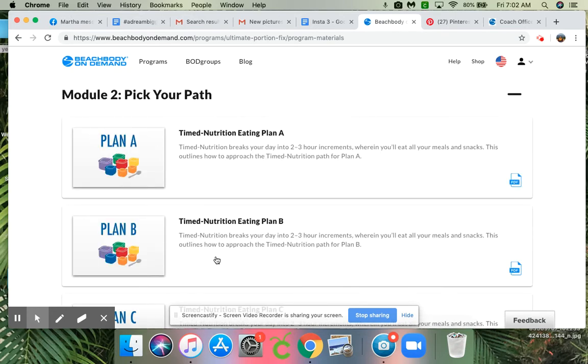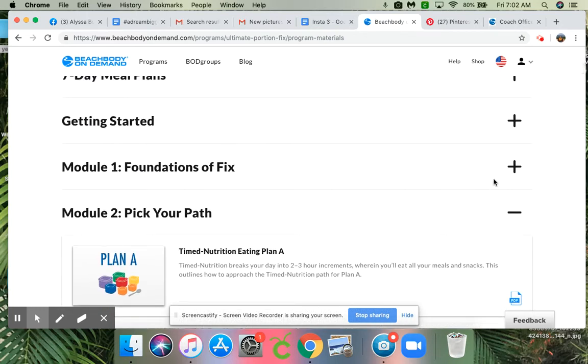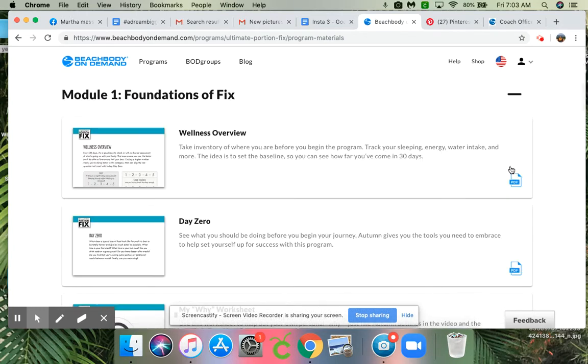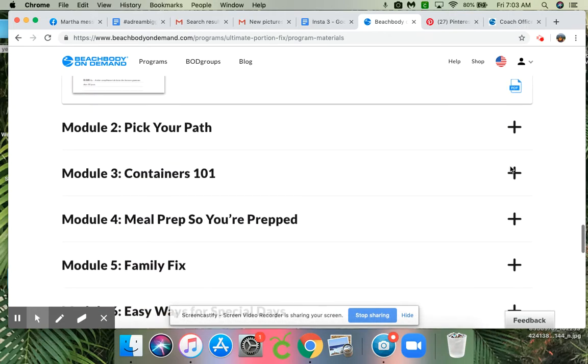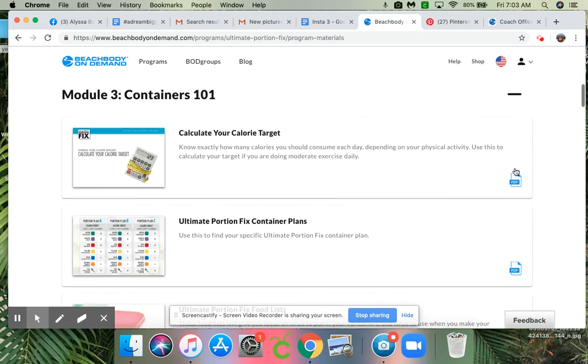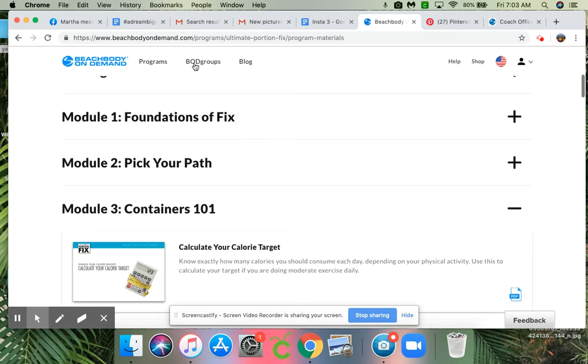So this is your eating plans, but in order to calculate them, you go under Module 3, Containers 101, and that is how you get your calorie bracket calculator. So you're going to do the mathematical equation to figure out which bracket you're going to be in, whether it's plan A, B, or C. So then if we go back to programs,